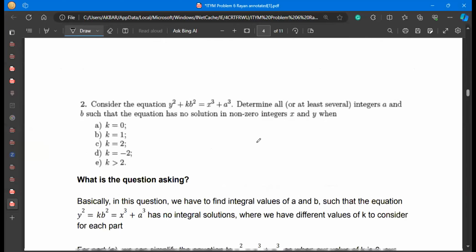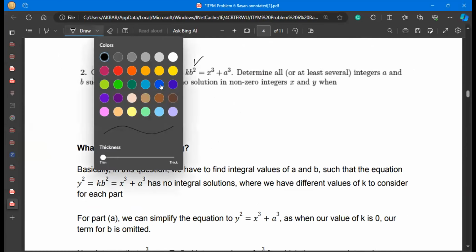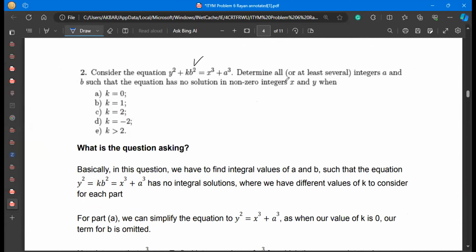नाउ गो टू द नेक्स्ट प्रॉब्लम। अगर ये प्रॉब्लम में आप देखें कि ये इक्वेशन आपको गिवन है, ओके, इस इक्वेशन में आपसे पूछा ये जा रहा है कि ट्राई टू डिटरमिन ऑल एट लीस्ट सेवरल, ठीक है, ऑल या सेवरल इंटीजर्स a और b, a और b के वैल्यूज आपने फाइंड करने हैं, दैट नो सॉल्यूशन इन नॉन जीरो इंटीजर्स।